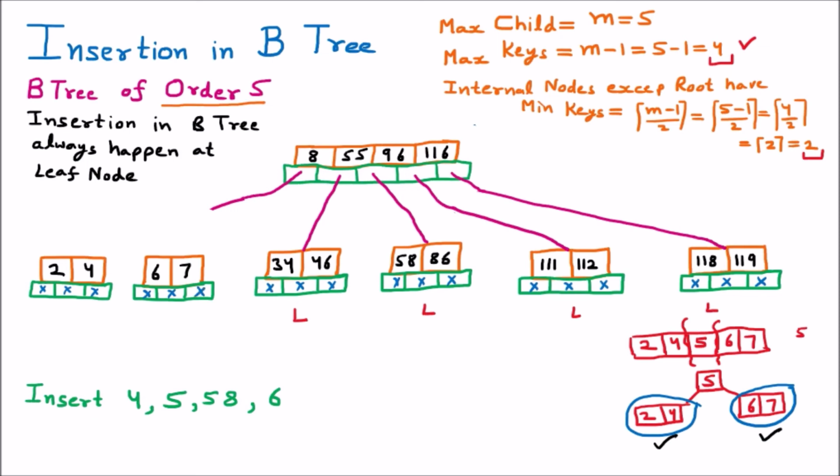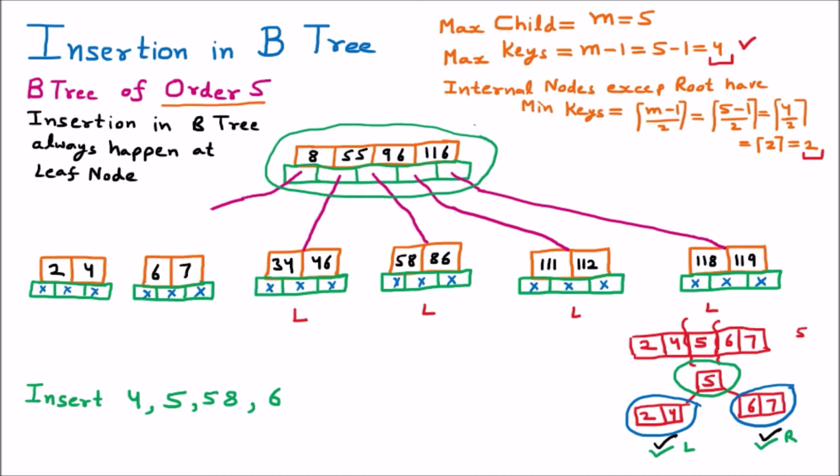So we have successfully done with the two nodes which we have taken, that is 2 and 4 and 6 and 7. Now we are going to the upper level, because 2 and 4 was the left and 6 and 7 was the right. Now their parent, this 5, needs to be inserted but on the above level. So on the above level in the tree we are having the node which is the root here. So this is the node where we need to insert the 5.